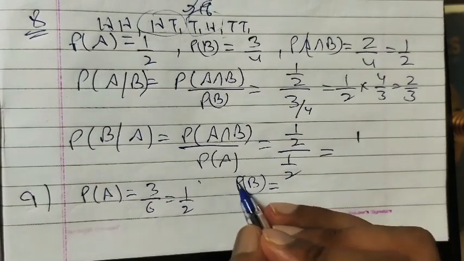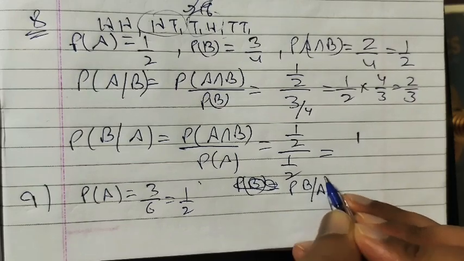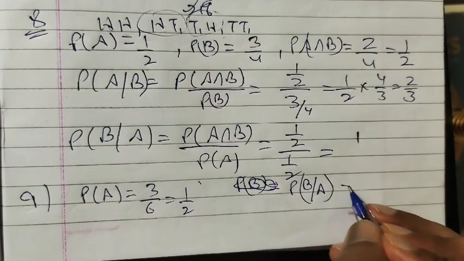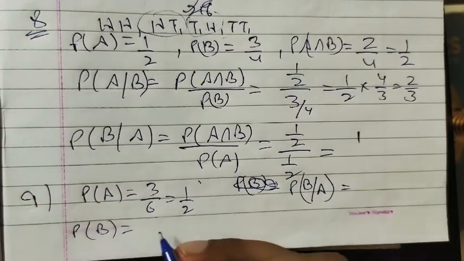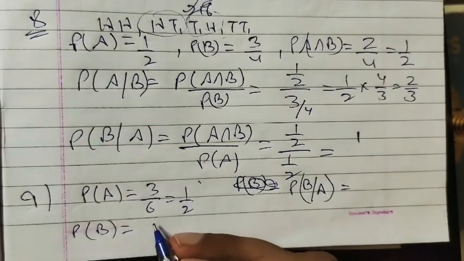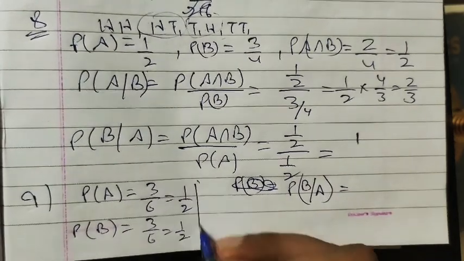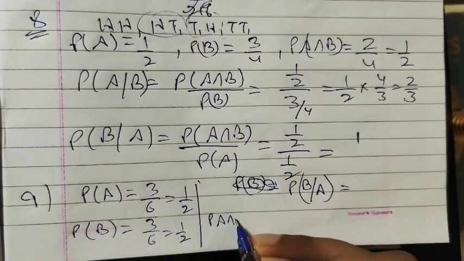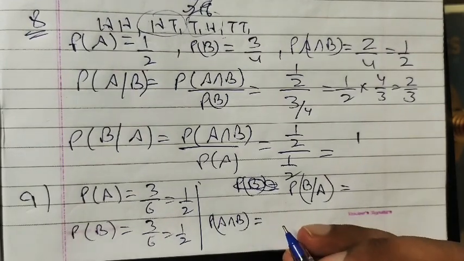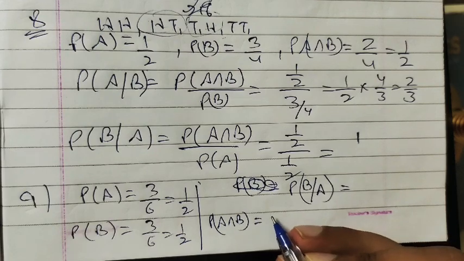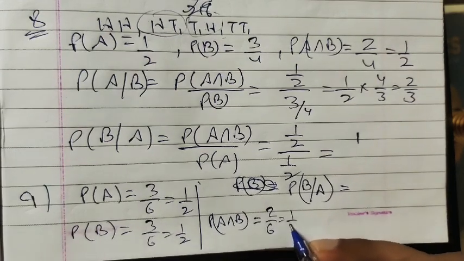Now what we have to determine? Probability of prime number given that an odd number is there, right? This we have to find out. So how many prime numbers are there? 2, 3 and 5. So 3 upon 6, which is 1 by 2. So probability of A intersection B, odd prime number. So is there any odd prime number? Yes, 3 and 5 are odd prime numbers. So 2 upon 6, 1 by 3, right?